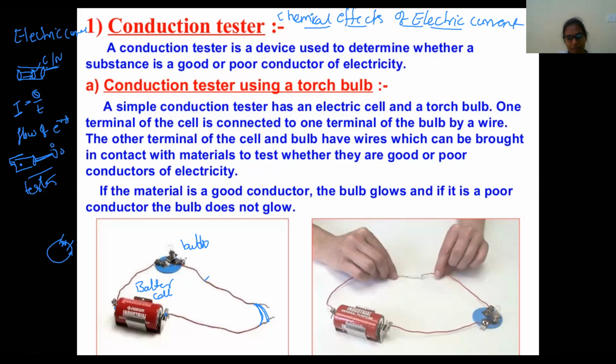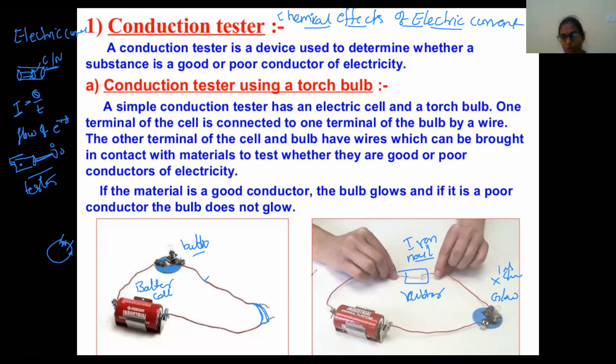These are the wires at the ends. It is made up of a bulb and the cell. So you can make your own tester, and in the gap we provided, we are going to fill a nail. If you fill an iron nail, what happens? The bulb is going to glow. That shows that the iron nail we use is a conductor. Suppose instead of a nail, you use an eraser, made of rubber. That time the bulb does not glow. That means it is an insulator.